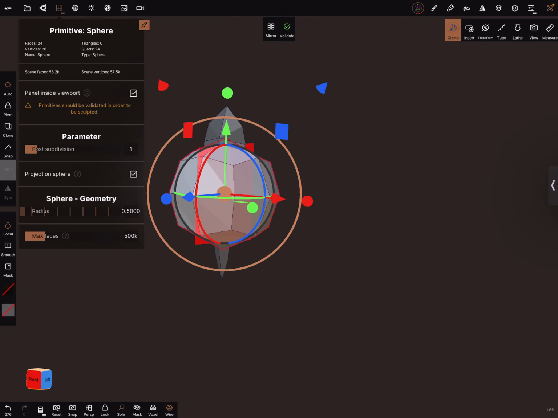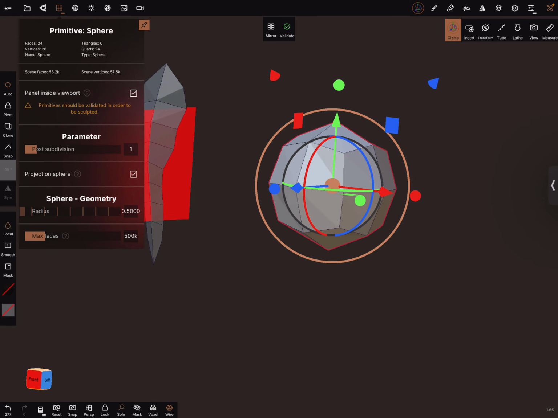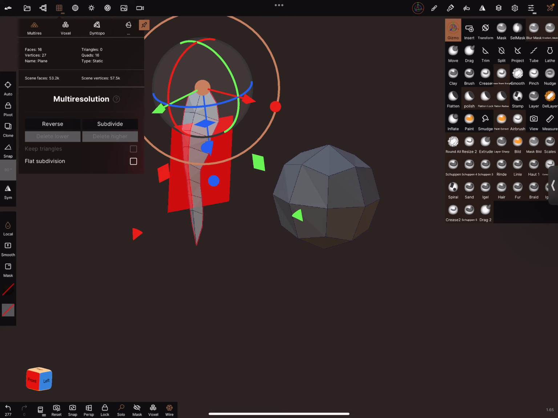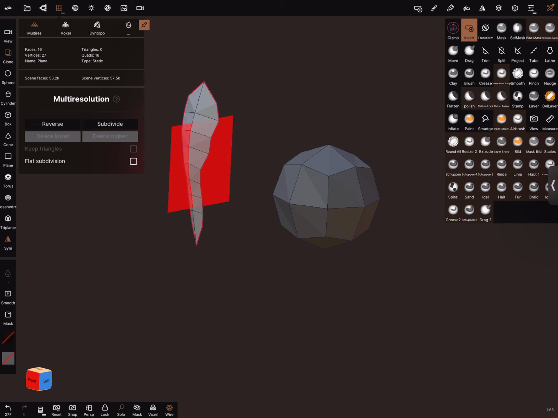This division is okay. And select this one. Transform, move is active, snap is on, insert is on, and lock it.